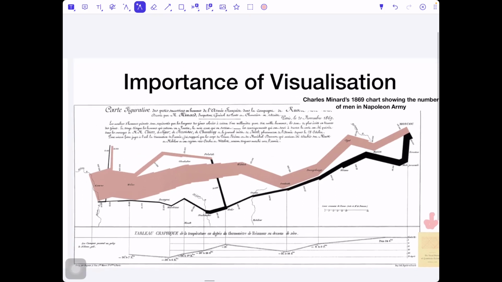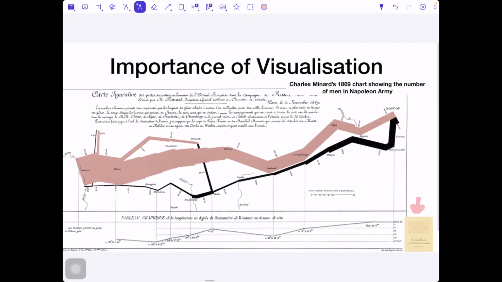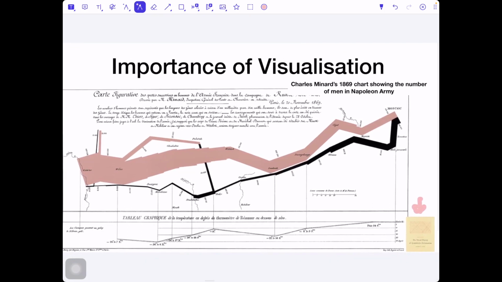It's fine. So what you see here in that chart is where Napoleon's army starts. You could see that there were quite a lot of soldiers, this brown color. Then it goes, and you could see the different ways, the different towns pointed here. It goes to Moscow. And you can see, by the way, that fewer and fewer soldiers remain.